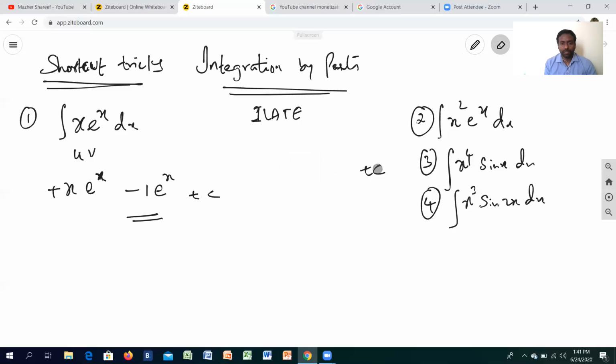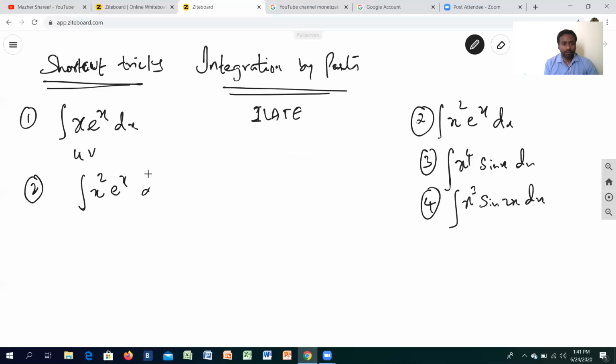Let's solve some more questions. Question number 2: I have just increased the exponent. You can practice it by taking some other power also. Now my algebraic term I take as u, and this I consider as v. As I said, for the u function, differentiate it by writing first x squared as it is. From the next step onwards, do the differentiation. X squared gives 2x, the derivative of 2x is 2, and the derivative of the constant is 0. So stop there; no need to write 0 because it will ultimately give you 0 on multiplying.